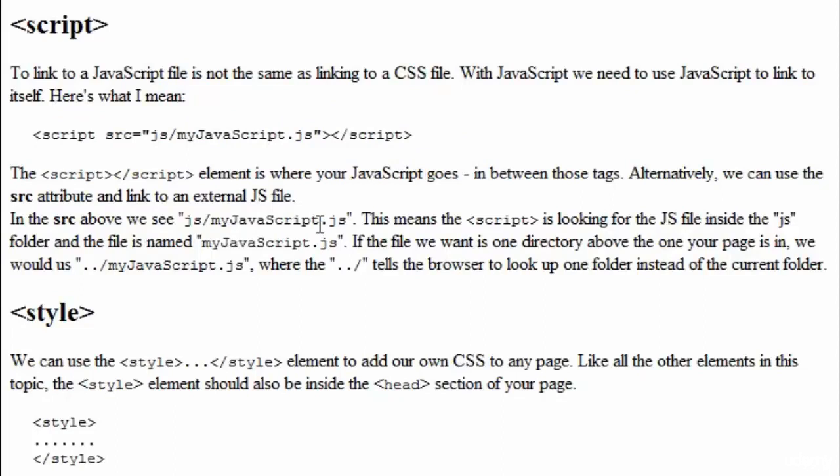Now let's dissect this quickly. In the source above, we see js/myjavascript.js. This means that the script is looking for the JavaScript file inside the JS folder, and the file is named myjavascript.js. The JS folder that it's looking in is the current folder this page is saved in. If the file we want is one directory above the one your page is in,